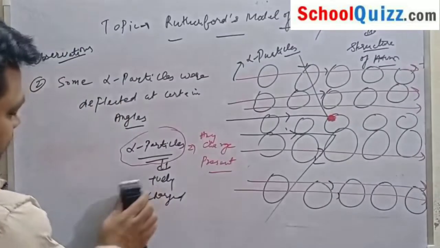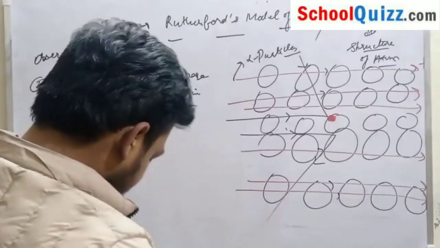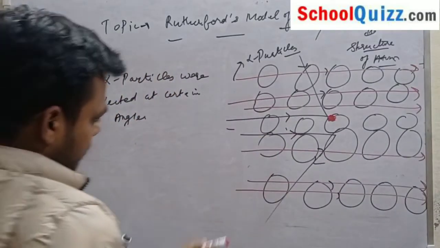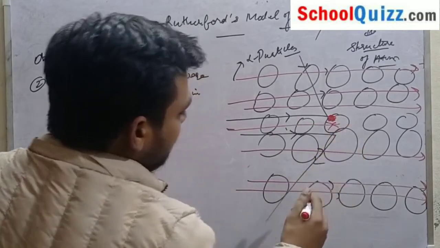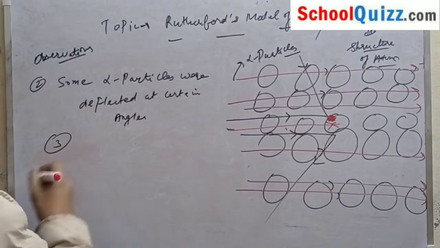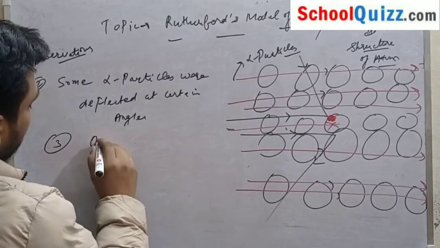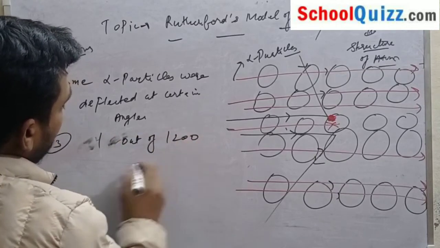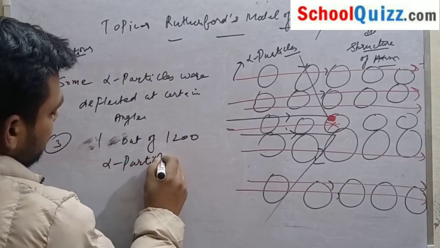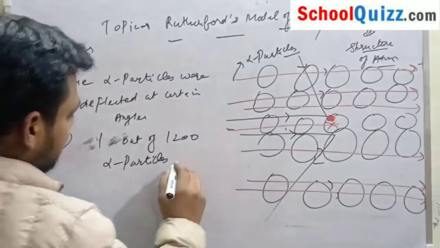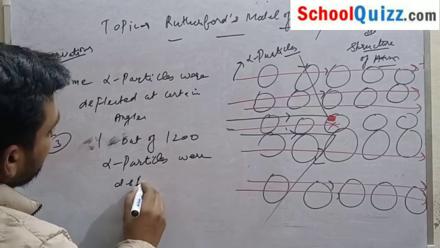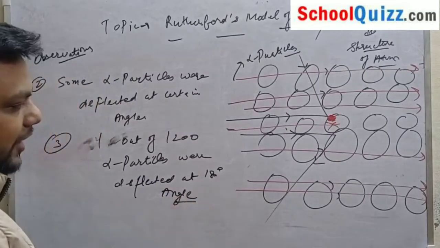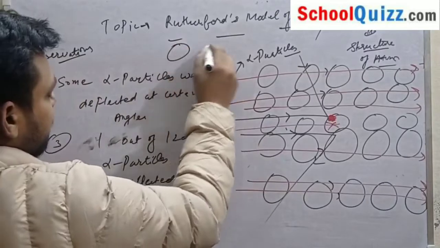Okay. Third point is that one alpha particle out of 1200 alpha particles was deflected at a 180-degree angle. So as the repulsion occurs,